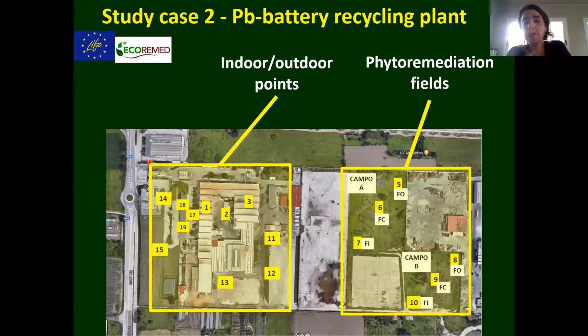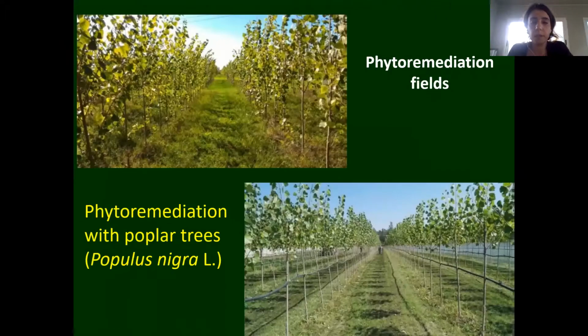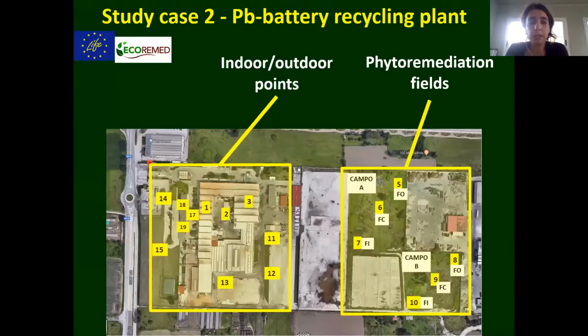In particular, there is an area for phytoremediation. I will show you here. Within this industrial plant, we used poplar trees, Populus nigra, to remediate contaminated soil, because originally in these fields